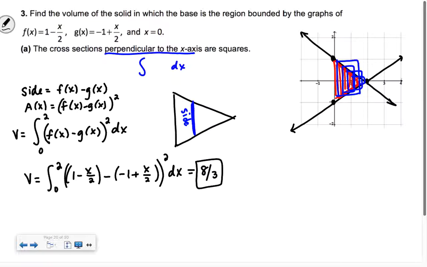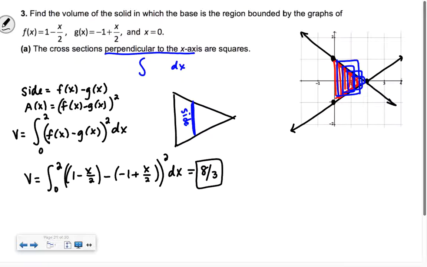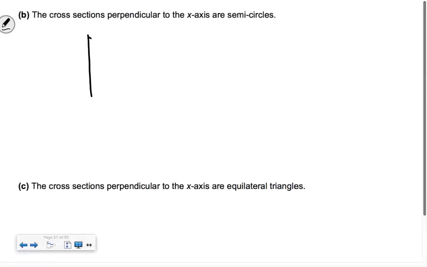Alright, so the first one said that the cross sections perpendicular to the x-axis are squares, but now this next one says, well, what if they're semicircles? You just multiply that by 1 half. Okay, so let's think about it. So if we have semicircles,